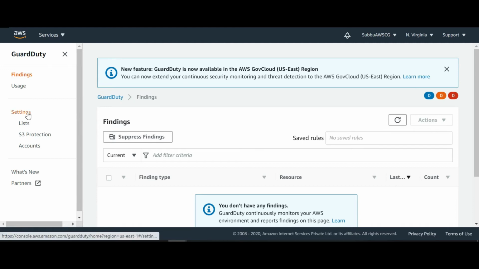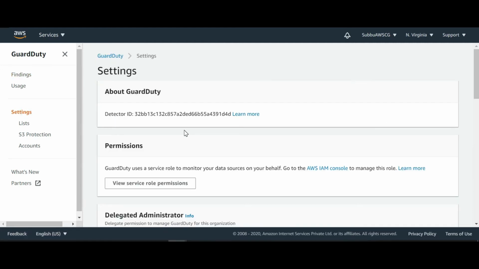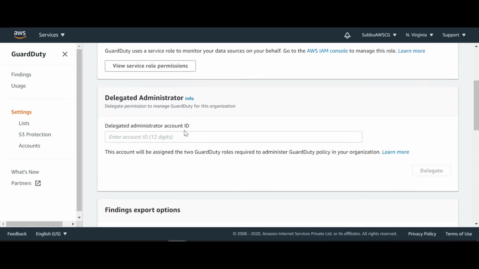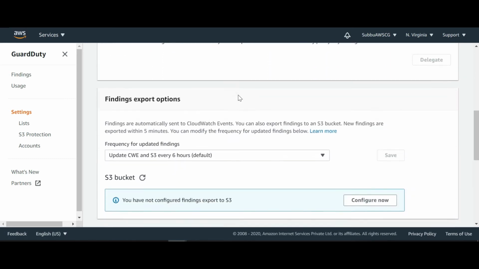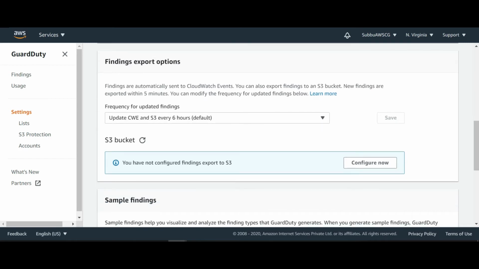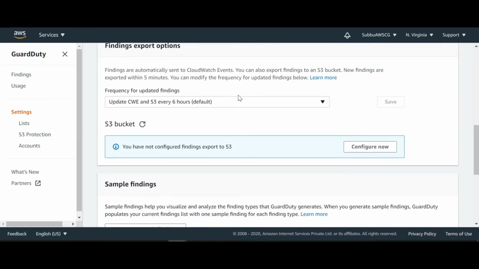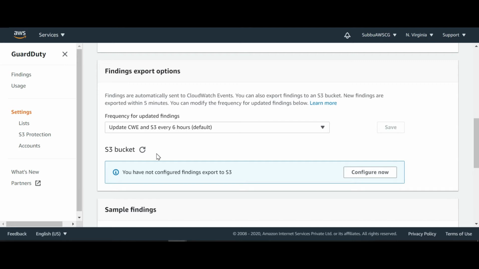Let us click on settings. As I told already, you can add a delegated administrator. You can do that any point of time. So you can choose an S3 bucket to archive these AWS GuardDuty findings.